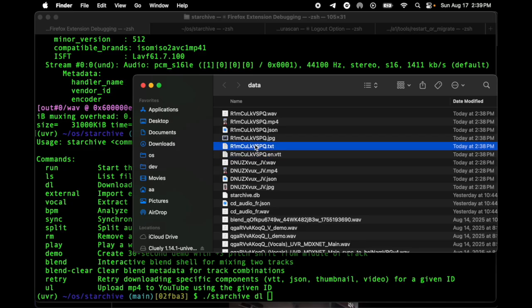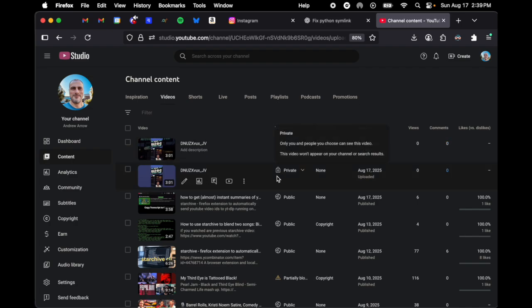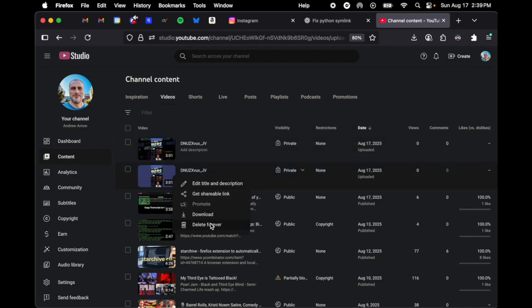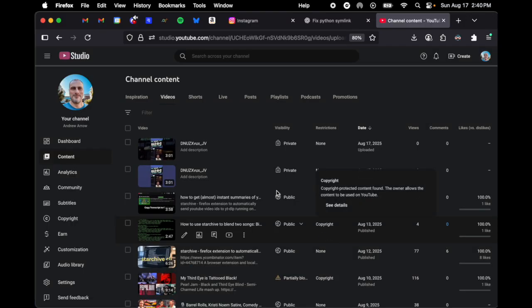And then we can even automate it to the point where it deletes it from your YouTube channel too, because you never wanted it on your YouTube channel. Even though it's private, it gets cluttered in there, right? And so in fact, I'll do that right now as my last step. I'll say, you know what, I don't need these anymore. Delete forever.